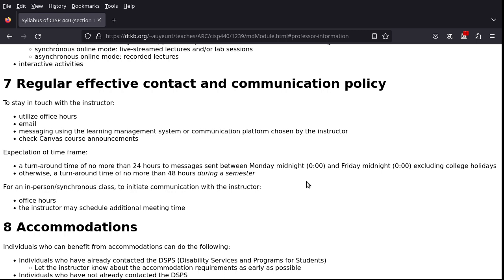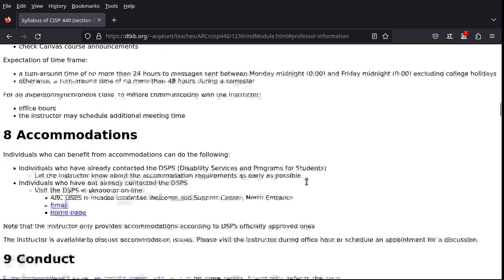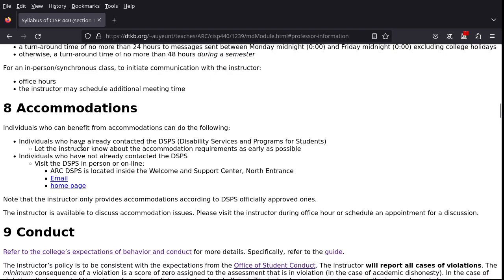Section 8 has to do with resources that can give you the approval for accommodations. So the idea is you want to get to the DSPS department, which is the Disability Services and Programs for Students program or department. And if you do get a DSPS approval for accommodations, you want to let me know as soon as possible,